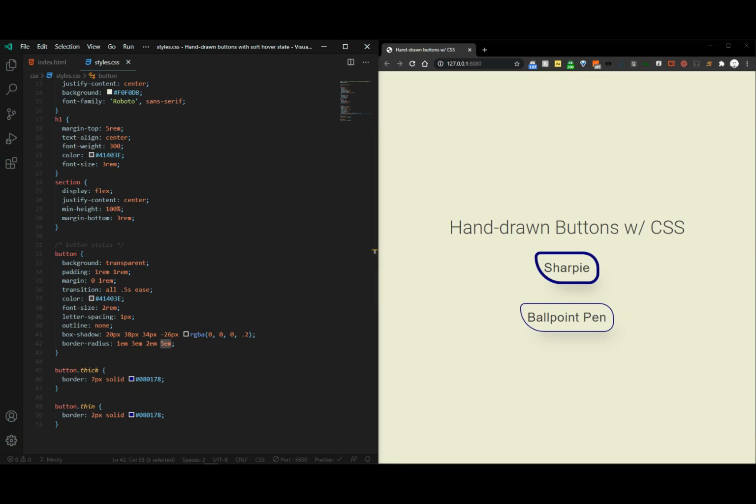Then where things get really interesting is when you set 8 values. And you can set 8 values separated by a slash. And that slash differentiates between the first 4 values, which is your horizontal radius, and the second 4 values, which is your vertical radius. So if I just kind of go in reverse here and go 2 EM, 3 EM,